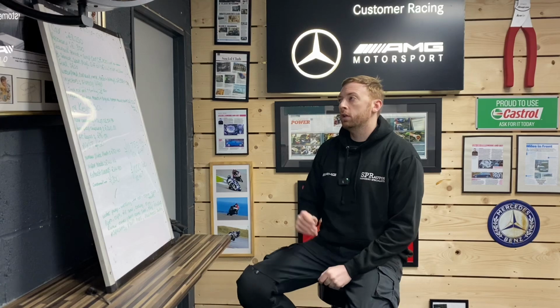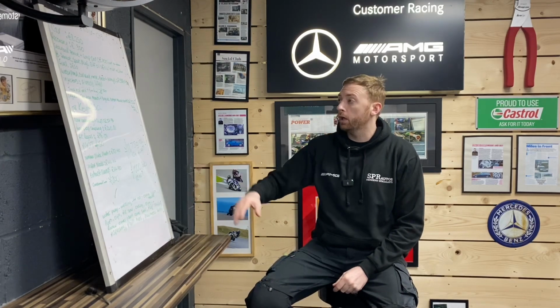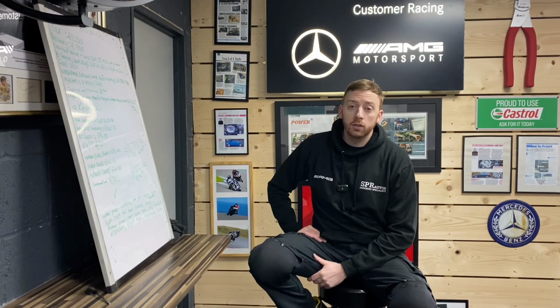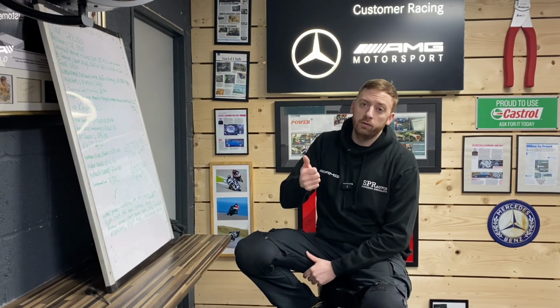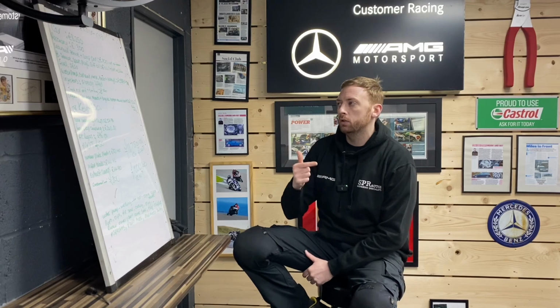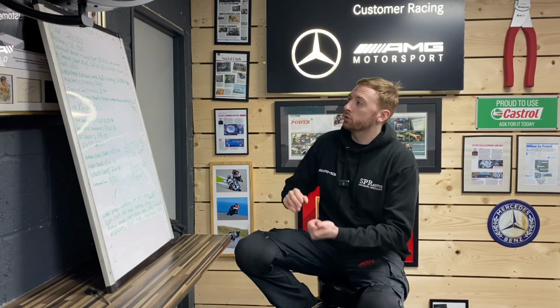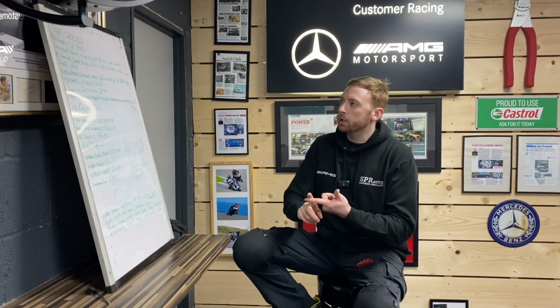So back to the costs of the car. I've got a whiteboard here which you probably can't read, but we've done that much work to it, it gives me a good idea of what's going on. So I'll run through what we've done and a total of what we've done, because if I go through each individual item, you'll just be bored to death. So obviously we bought the car, we had to have it recovered,